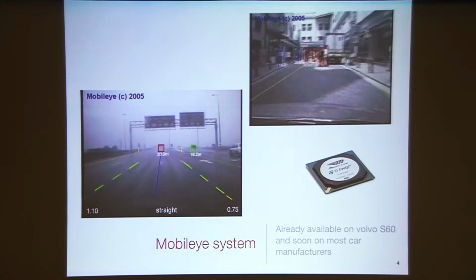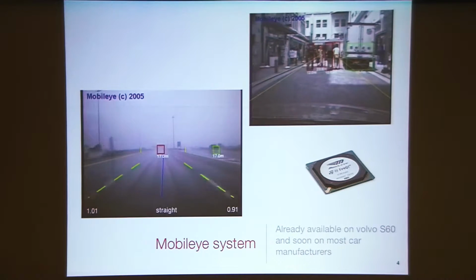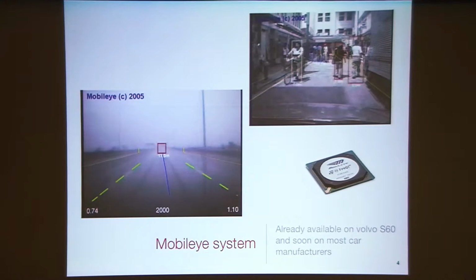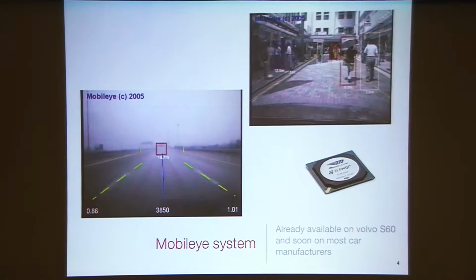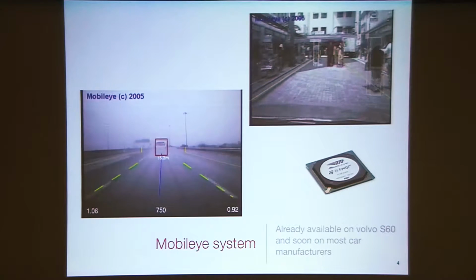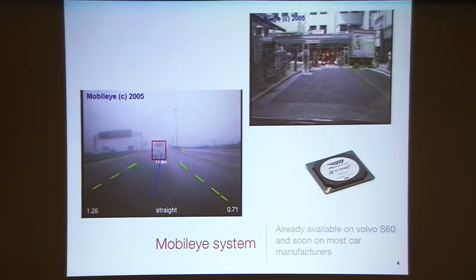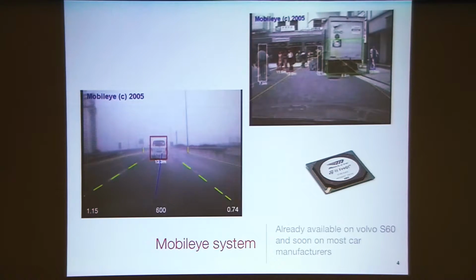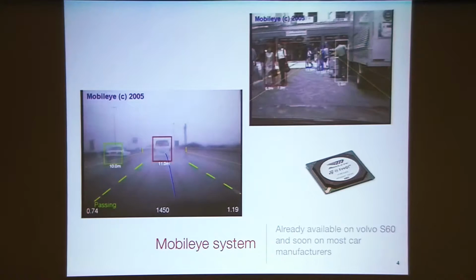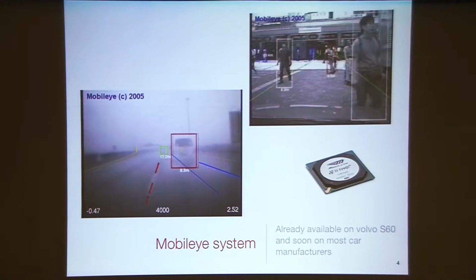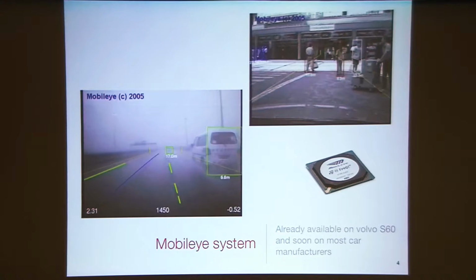The system is not all that exciting. I think it's an extension of some early work done at MIT in the late 90s. This is essentially an extension of Haar wavelets with some fairly fancy machine learning on top. What it took Amnon to build a system that actually works is a small army of engineers, about 100 of them, painstakingly implementing several heuristics to make sure that they reduce the levels of false alarms, but they did reduce the level of false alarms.